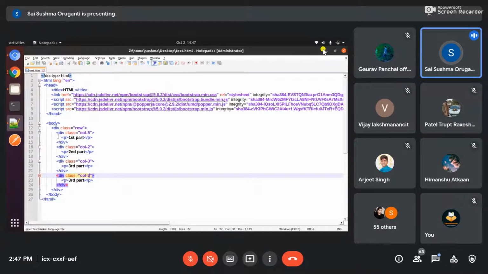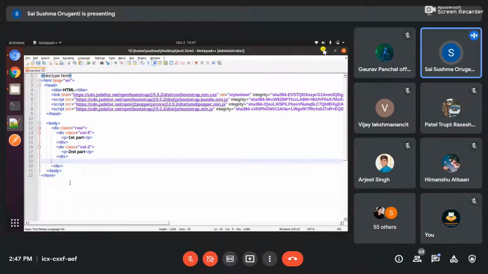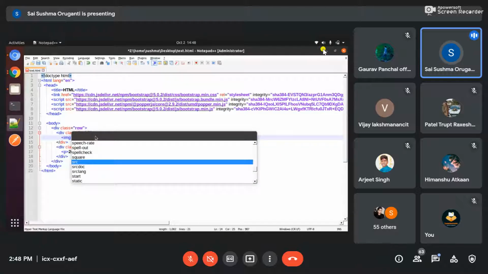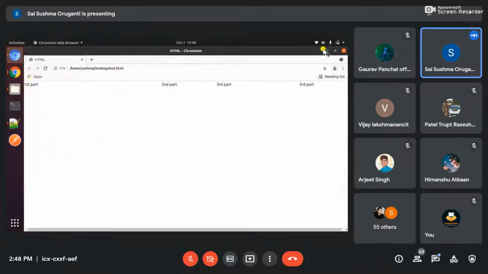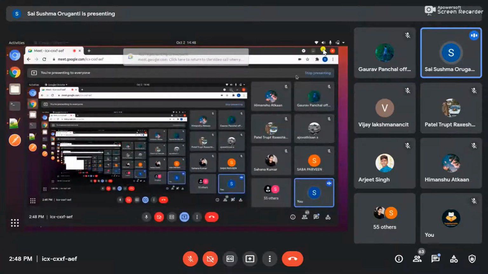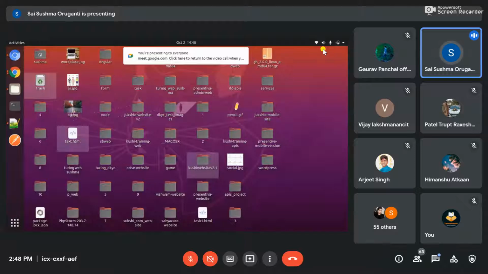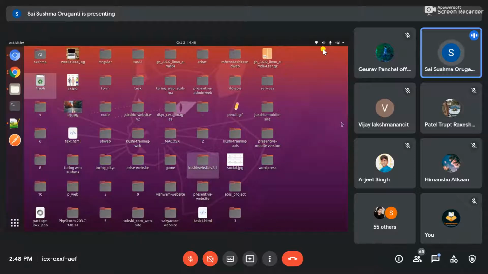So I hope the grid is clear. If you want to show images also, I will show. I'll just clear this all out. How to display images in the grid. For that I will divide into 6, or as much as you want, you can divide as you wish. So here img src, image source. Image source is nothing but, as I have shown you earlier, the image I have already downloaded from the browser. This is bg.jpg, or whatever image you want, you can download it from the browser. I'm using this image.